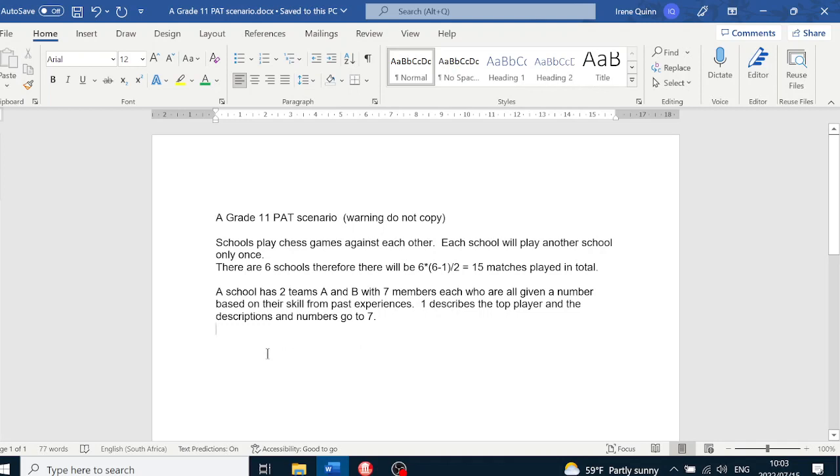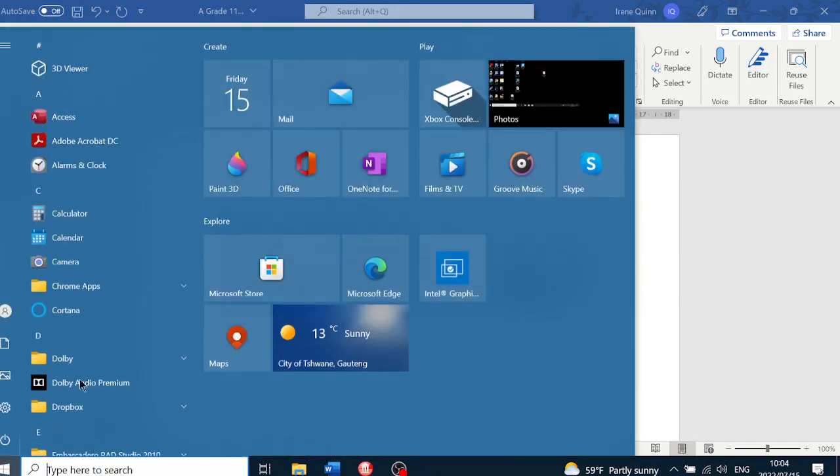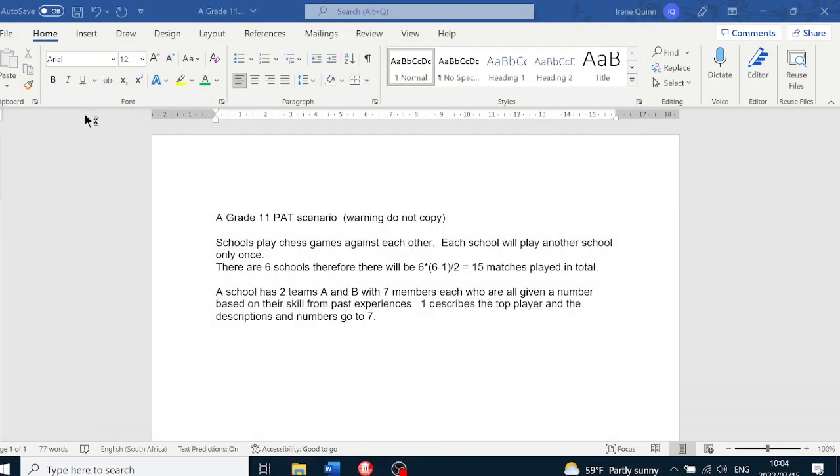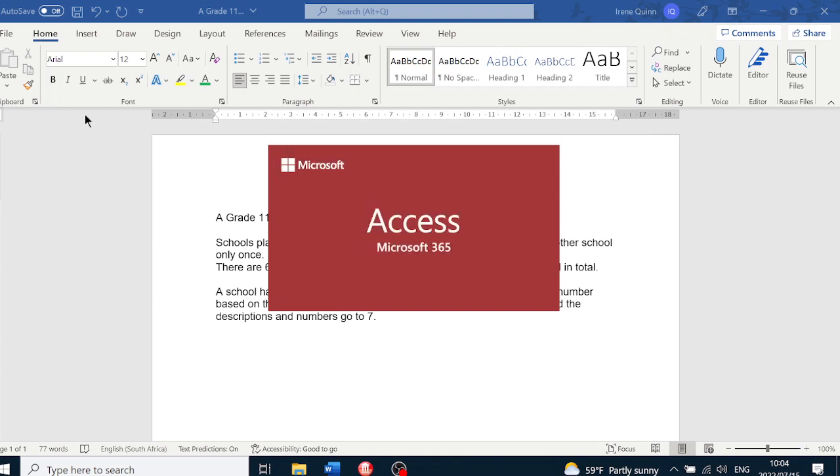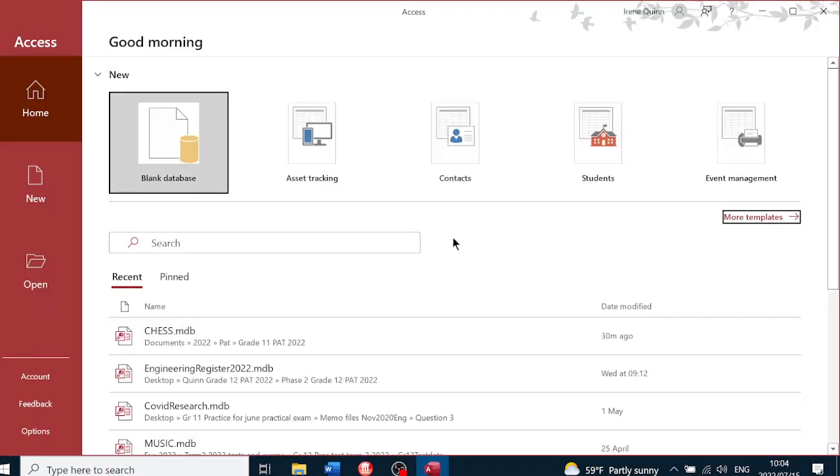Now before we do anything else, we have to plan what our program is going to look like, and we have to start with a database. So we can open Access, you go to Start and you open Access. It's very important that you follow these steps exactly as I'm laying them out to you, otherwise you will have a problem later on. Well, you will have problems. Now what we want to do is create a blank database. So we click that button,